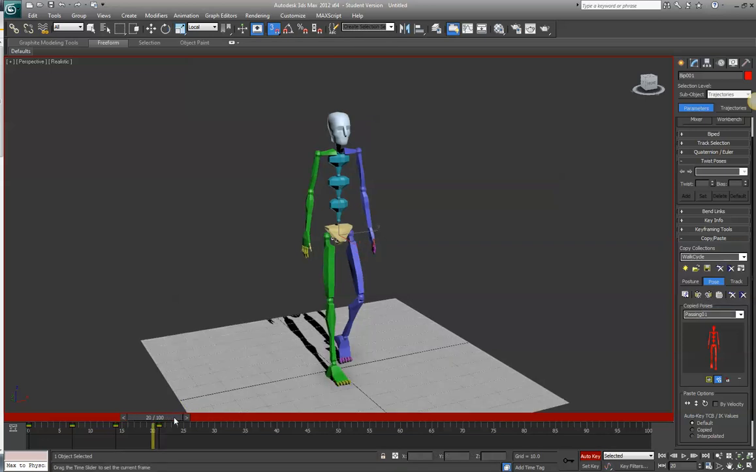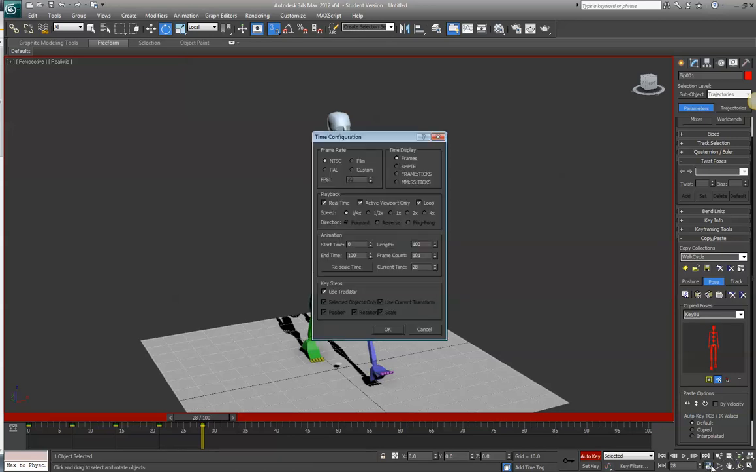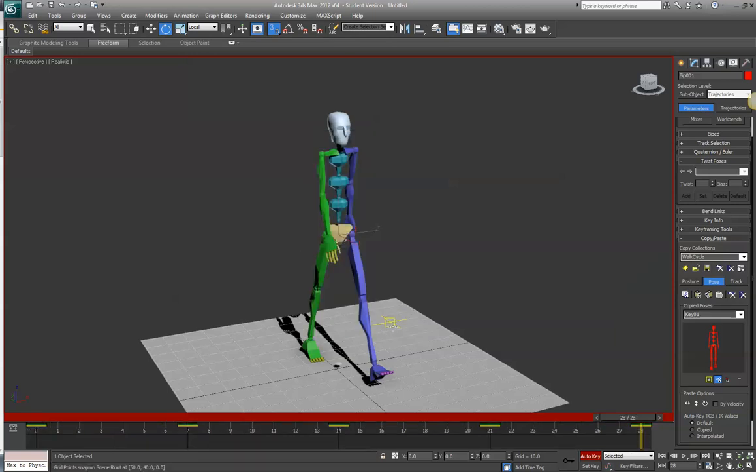Okay, and I'm going to do this one more time, because at this point he needs to go back to the position where he started. So I'm going to go back to key 01 and then paste pose. Now since this is only 28 frames, I want this loop to only be 28 frames. So I'm going to click on time configuration, and for end time I'm just going to set 28. This should be whatever your last keyframe is. So now, if I hit play,